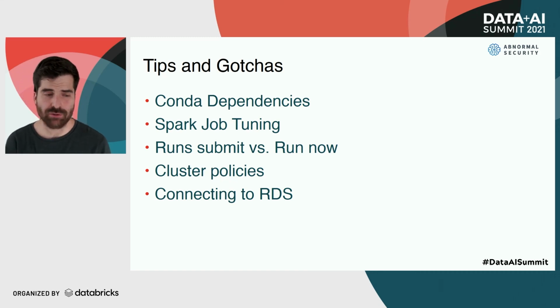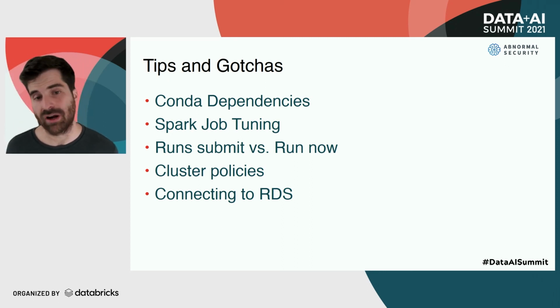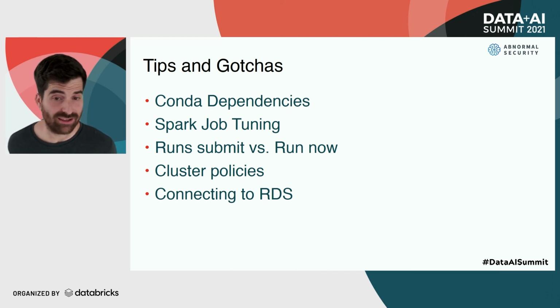For Spark job tuning, a lot of custom memory tuning that we needed to do on EMR, for the most part, you don't need to move over to Databricks. Because YARN preemptively kills all these containers, like I mentioned before, that won't happen on Databricks. So the jobs won't get killed for memory issues.